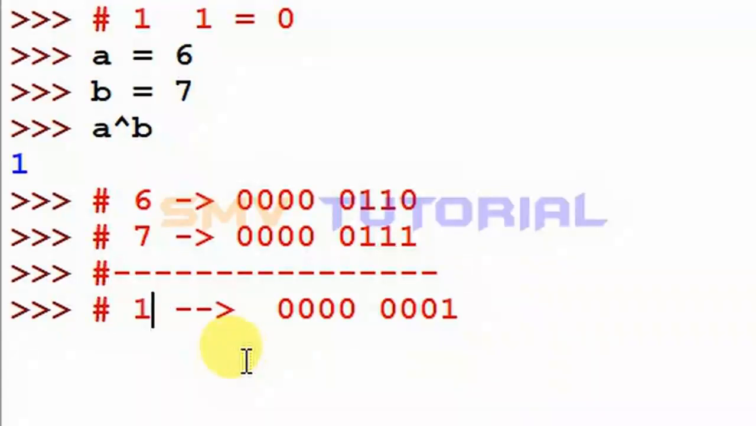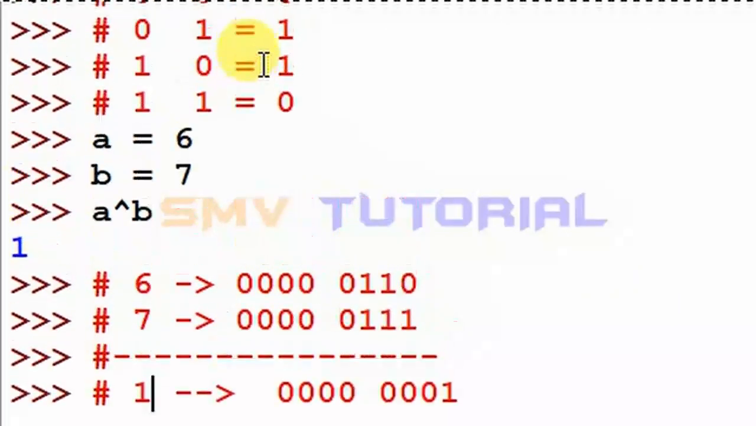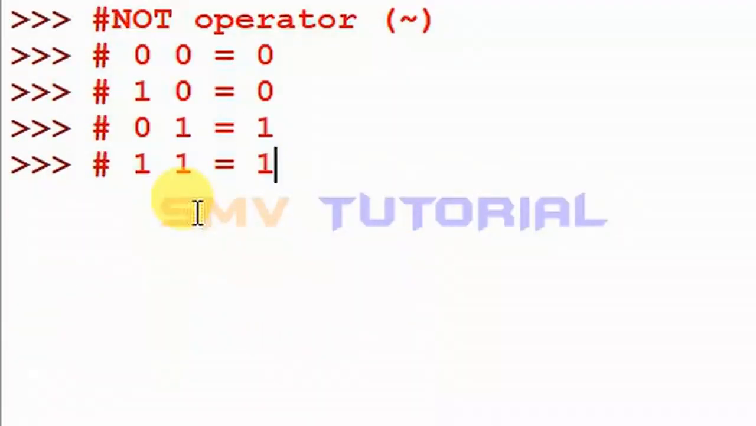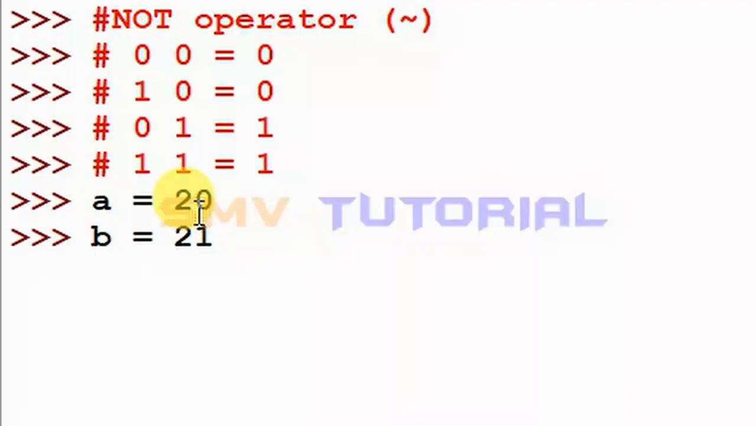Check for these values. And next condition operator is the not operator. This is a 4 condition: 0 0 is 0, 1 0 is 0, and 0 1 is 1, and 1 1 is 1. Okay, I am checking this condition. So I am creating two values, a is equal to 20 and b is equal to 21. And next check this condition, a